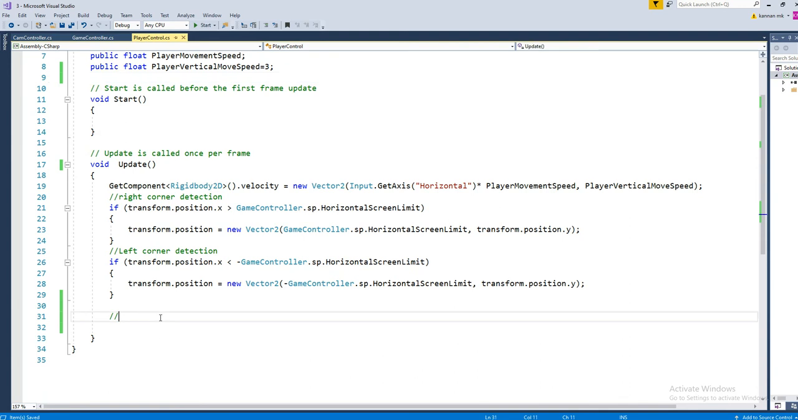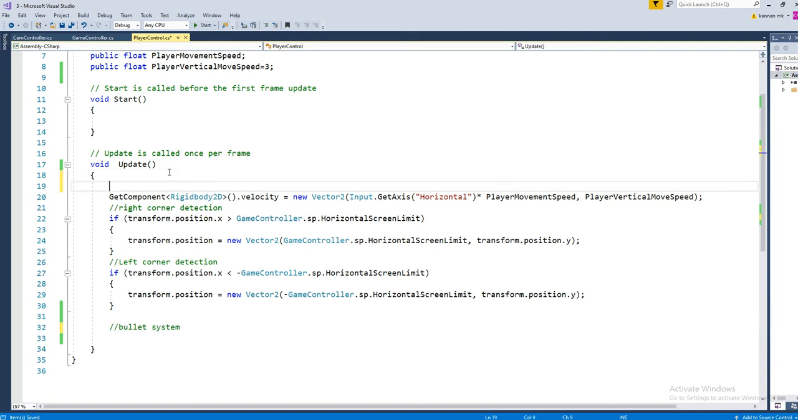This section is going to be the bullet system, and this is going to be the player movement system. So let's create a bullet instantiation control. So, game object